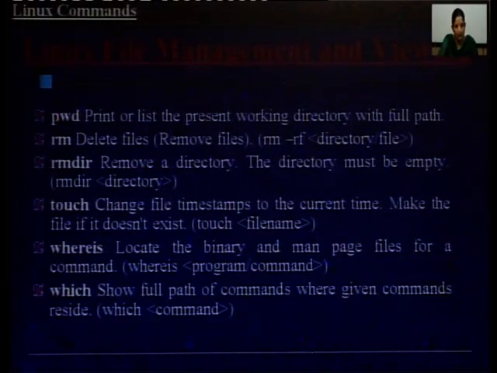Then there is the touch command. Change the file timestamps to the current time, and make the file if it does not exist. Suppose you have created a file and you want to change its timestamp to the current time. You want to show that it is my latest file, it is not the earliest file, it is my latest file. You can change the file timestamps on that file. If the file is not